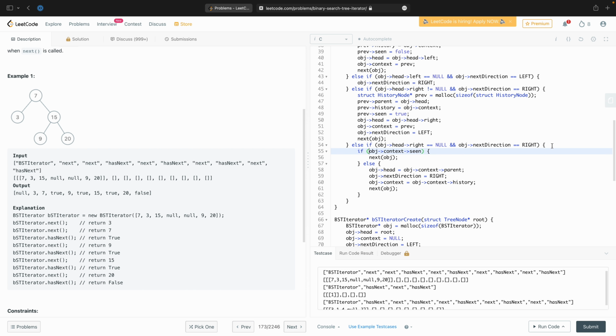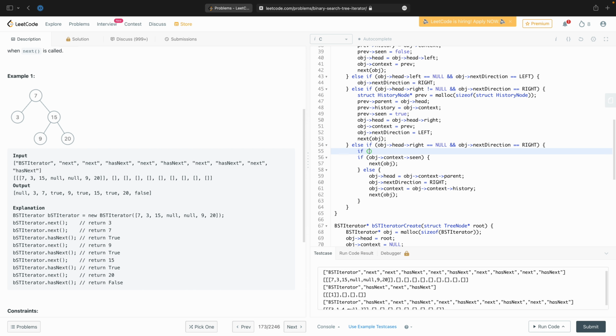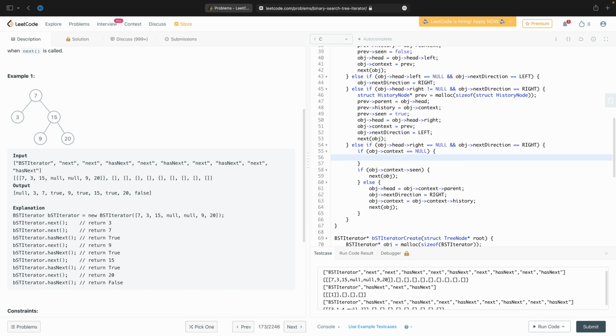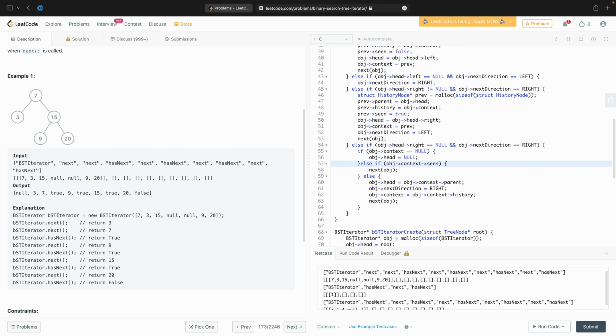So actually, if obj context is equal to null, so here if we're stepping up, this is the condition where we want to bail out. Else, if the object context is seen,